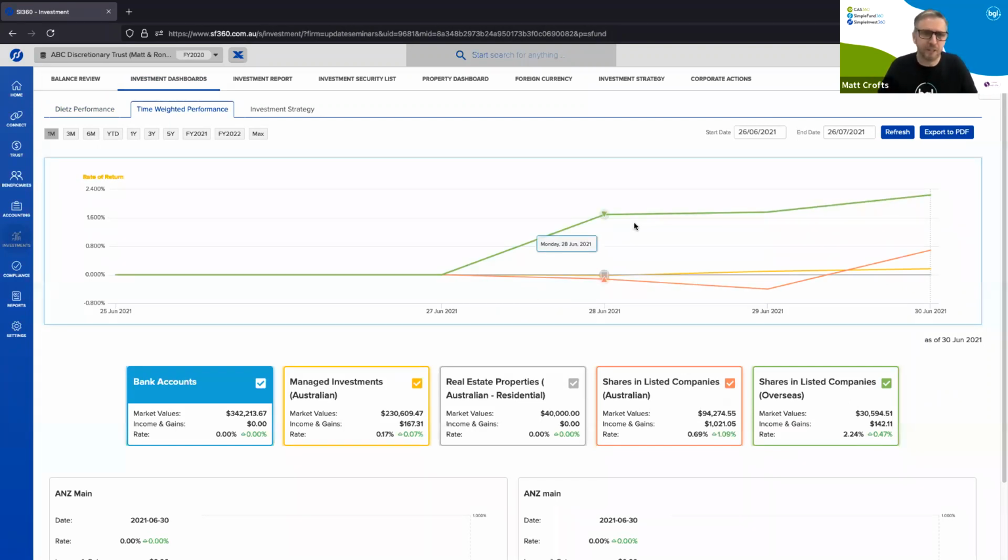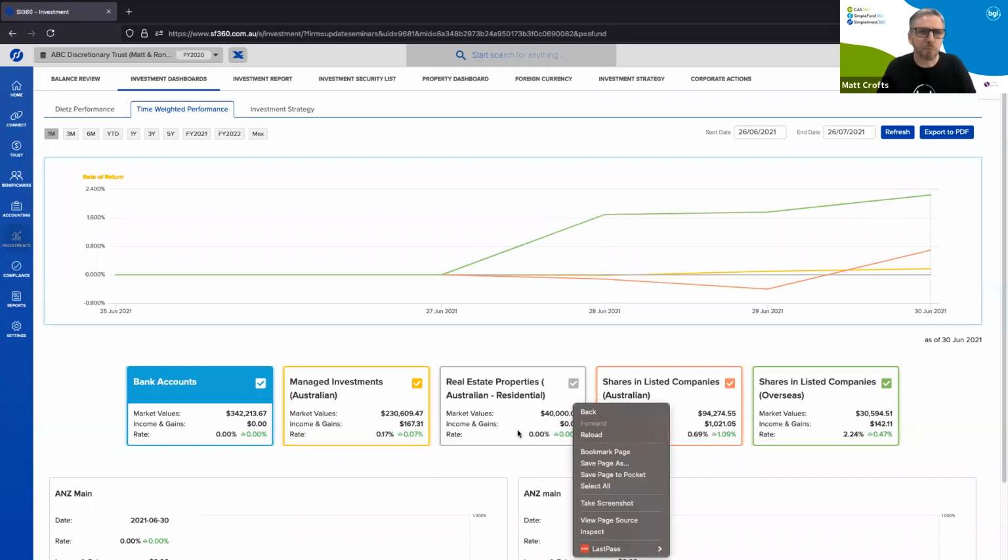Time-weighted is generally in the advisor space one of the most reliable, consistent ways to record investment performance. It gets rid of the distortion if you're doing a lot of trading, buying and selling within the year, and it also manages if you're doing a lot of holding, to really have a comparable rate of return. So you can break those down. That's all available in our mobile solution as well.